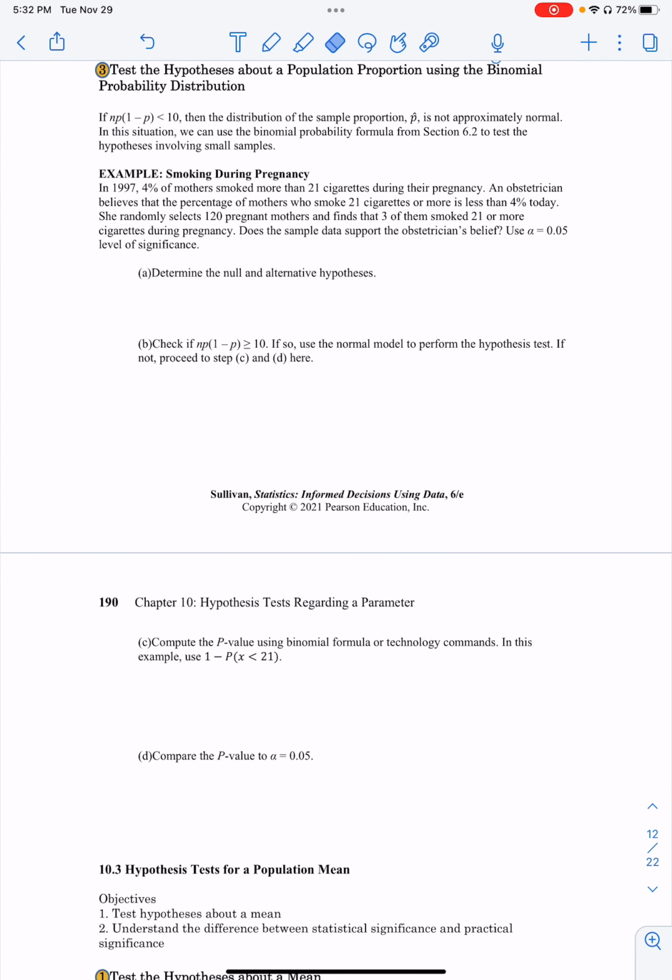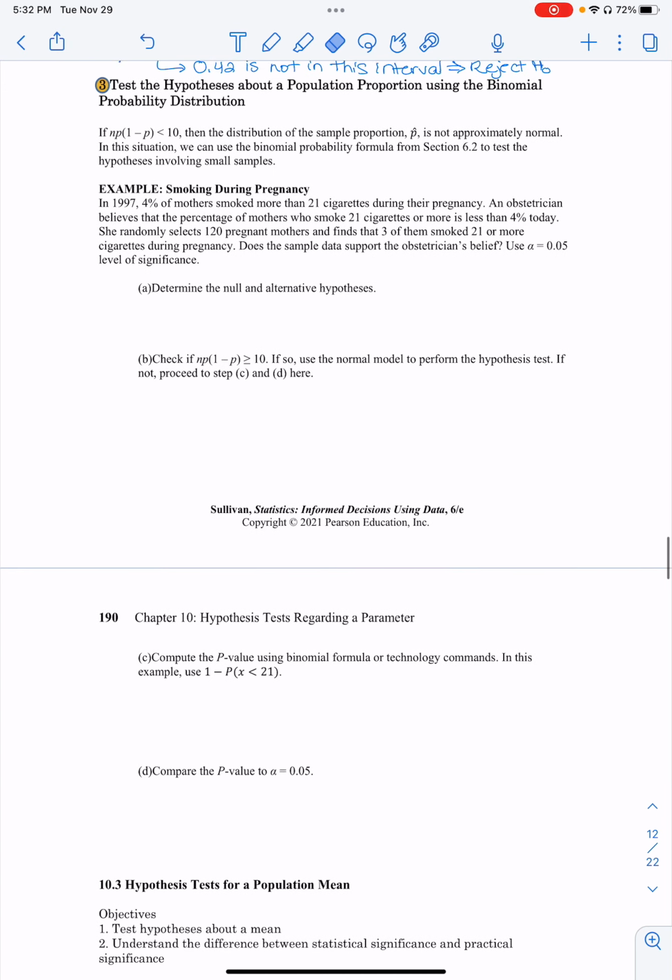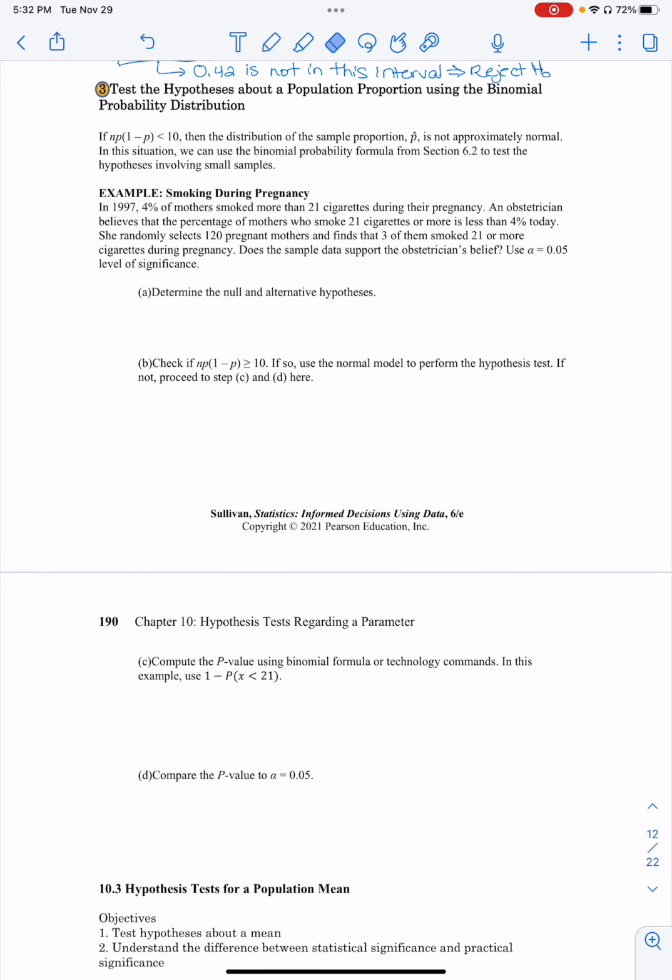Hi there, one last example for this, and it's using the binomial distribution. The reason we're going to use the binomial distribution is because our sample size is going to be too small, so we can't assume normal. So here, if n times p times 1 minus p is less than 10, then the distribution of the sample proportion p hat is not approximately normal. In this situation, we're going to use the binomial probability formula from section 6.2 to test our hypothesis when